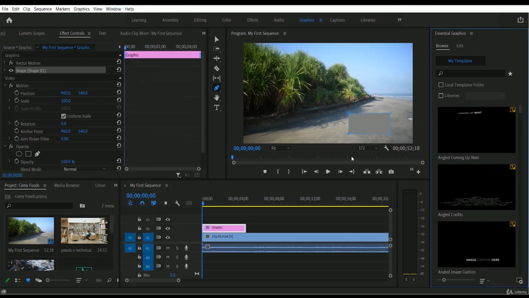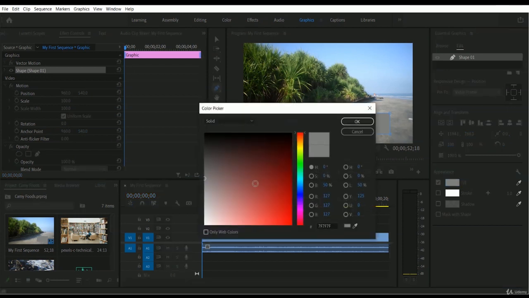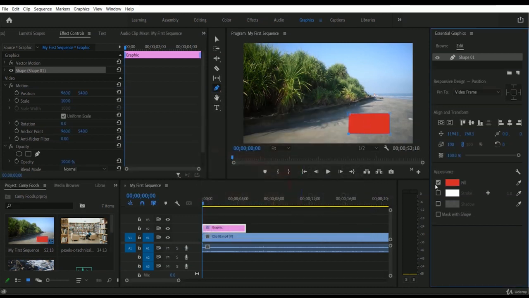Okay, so as we select this rectangle shape, this graphics layer, right now you have to go to the edit tab. So this is the edit tab. Then you will get different types of customization options. Suppose you want to change the fill color. So here is the fill color. Right now I'm going to change the fill color from here. You can pick any color. So let me pick the red one and let me select OK. Okay, you can take a look. Our color is changed. So if you want to change the color, you have to turn on the fill option,